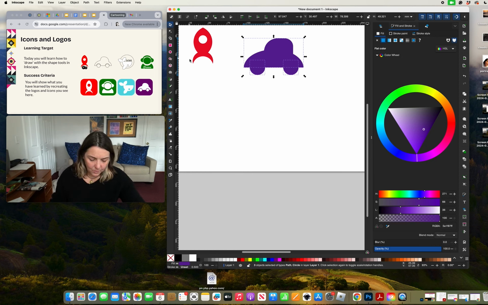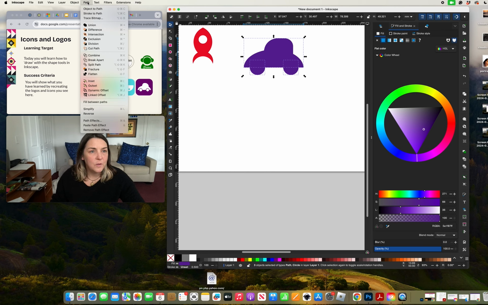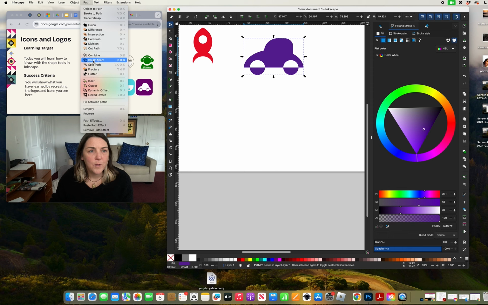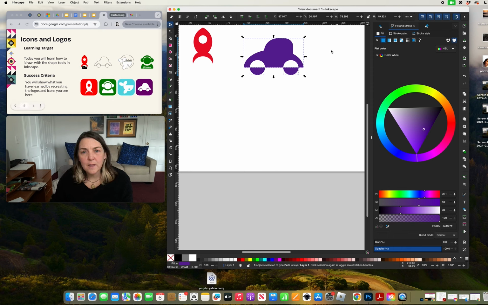In this case, we are going to go back to the path tool and do, we are going to do exclusion this time to exclude the front shapes from the back. Unfortunately, that's only getting rid of the top halves of the circle because that's what's overlapping the car shape in the back. So in order to get rid of the other parts of the circles, we're going to have to go to Path, Break Apart, and now it's breaking that one shape into three separate pieces where the wheel halves